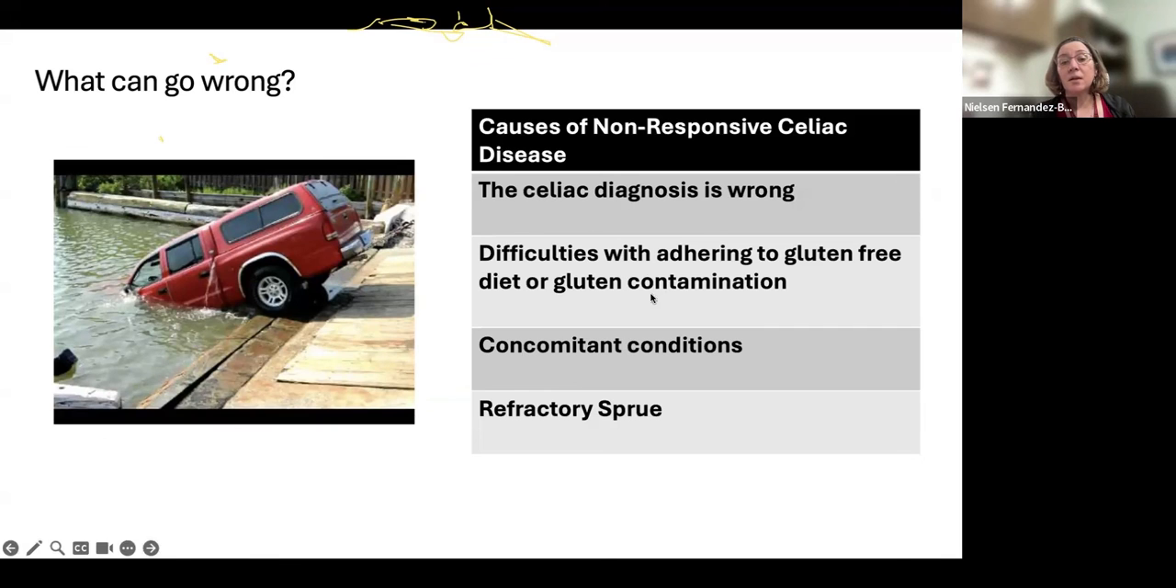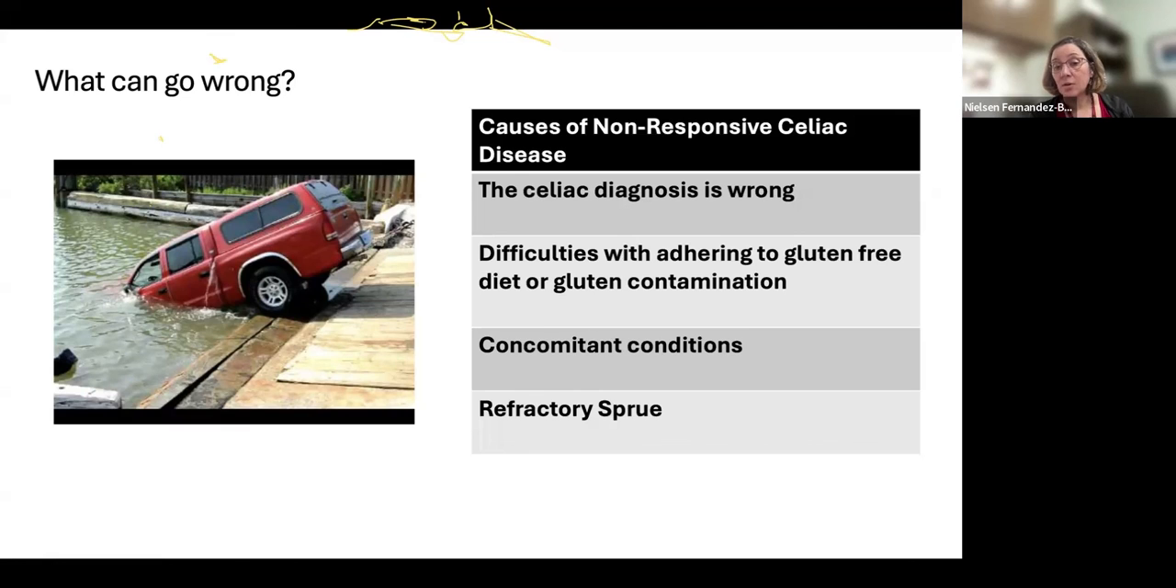The other possibility, the most common reason, is that they're getting gluten somehow, and there's difficulty in adhering to the gluten-free diet. However, there are also conditions that tend to occur a little bit more in patients with celiac disease. And then there's the dreaded complication of something called refractory sprue, where the inflammation is no longer under the control of gluten. And refractory celiac disease type 2 is a very rare but very serious condition, very aggressive, and